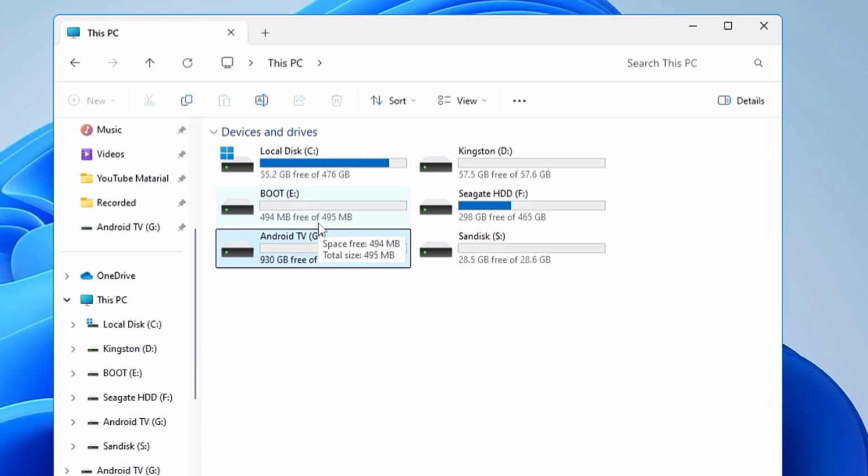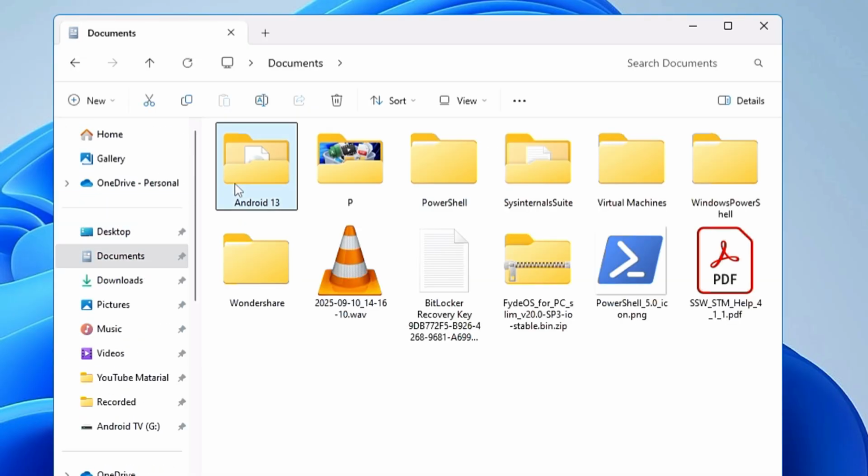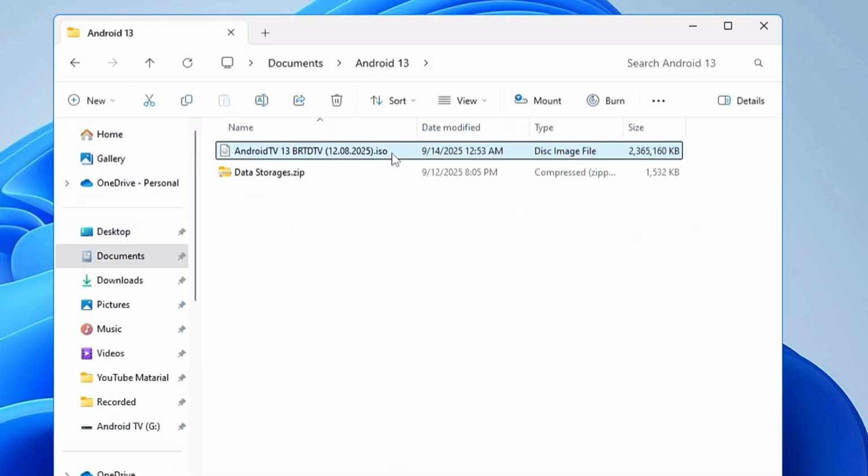And you can do the same on your external USB, external hard drive, a pen drive, whatever you are using. Alright, now next, the two files that we have downloaded, just go to that place. So I have them in the documents. So I will go into the documents, and here I have them. First you have to mount the Android TV 13 ISO. So right click on it, click on mount,